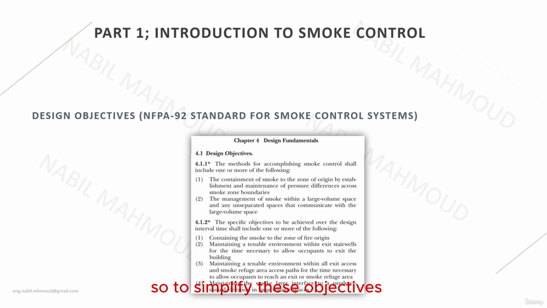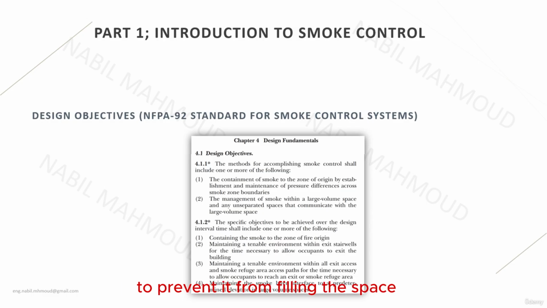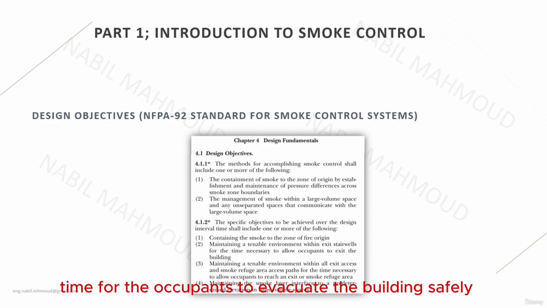So to simplify these objectives, the first objective is simply, as we said, just contain the smoke within the limits of the zone of the active fire. And the second objective is to maintain a tenable environment to allow the occupants to egress the space safely. And this is similar also to the fourth objective and the third objective, which is simply to control the smoke layer height to prevent it from filling the space, just to provide the necessary time for the occupants to evacuate